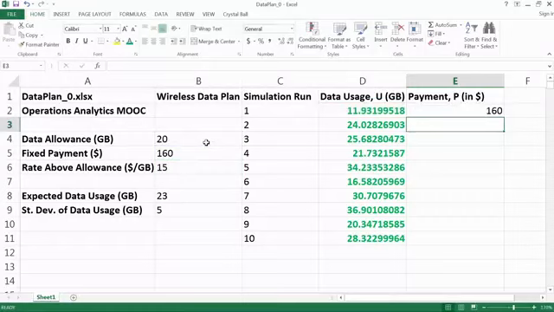If we want to calculate the values of monthly payment corresponding to the remaining 9 random instances of data usage, we need to copy and paste the formula in E2 into the cells E3 through E11. But before we do this, we must use absolute cell references for the cells B4, B5, and B6 for the formula in the cell E2. Those are the parameters of our data plan, and they do not change when we copy and paste the payment formula. So we go to the cell E2